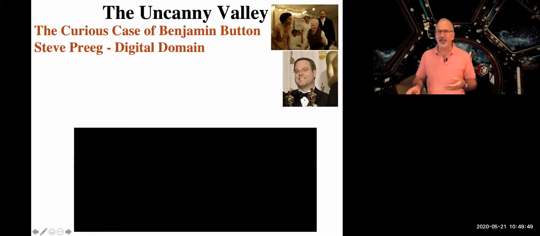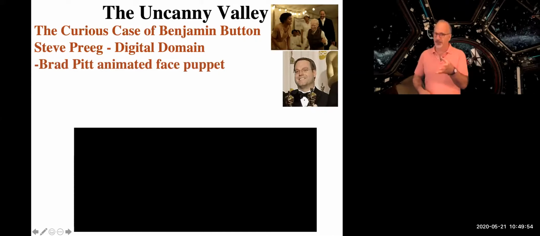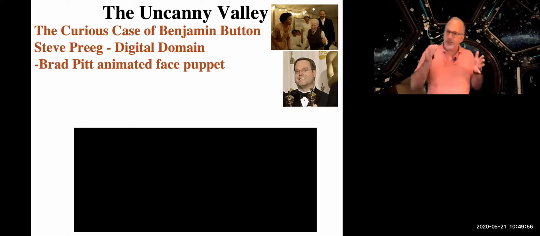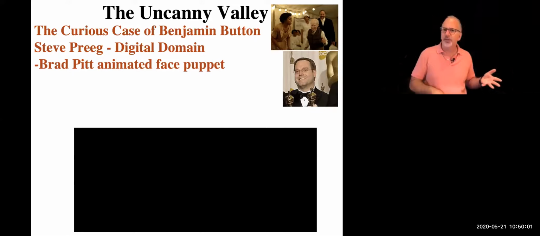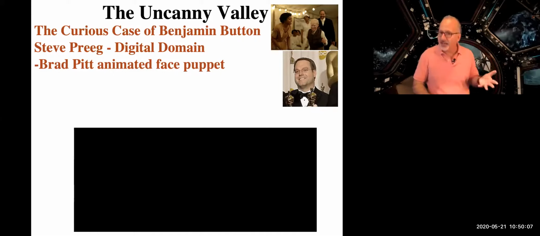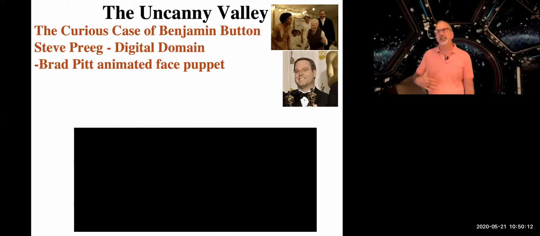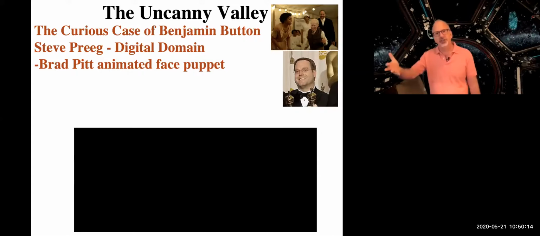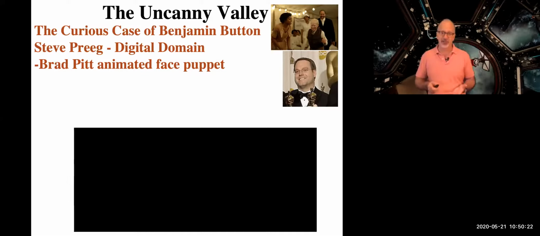They had to make an actual kind of animated puppet of Brad Pitt's face. So in other words, if you see the movie, you'll go through the first hour of a two-hour movie and swear you're seeing Brad Pitt, but it isn't. It's an animated Brad Pitt that they were actually able to create and mold the emotions of. It's not motion capture. It is a puppet version of Brad Pitt's face that's done in animation. And we'll talk about exactly how that was done next class.